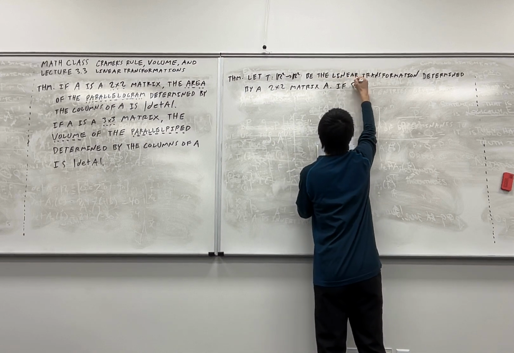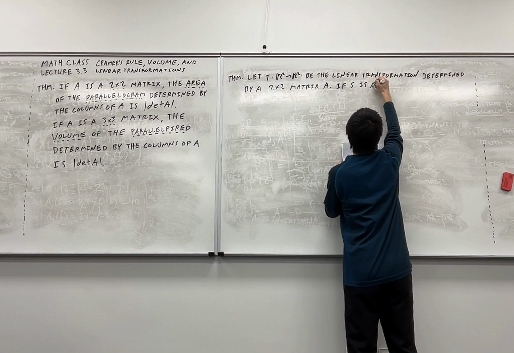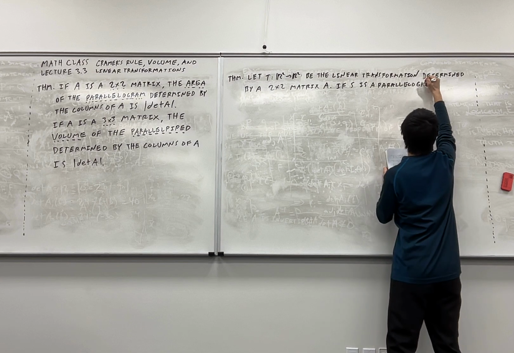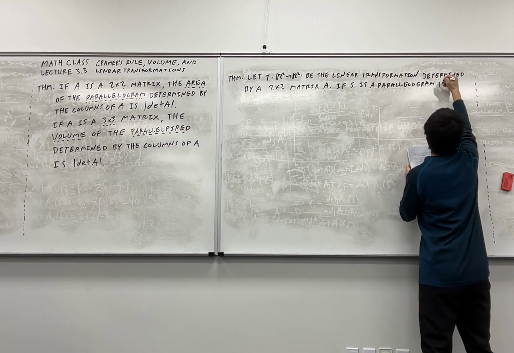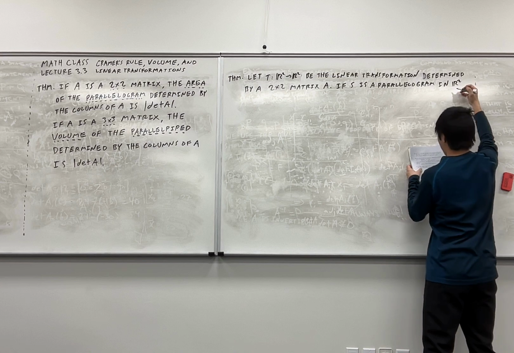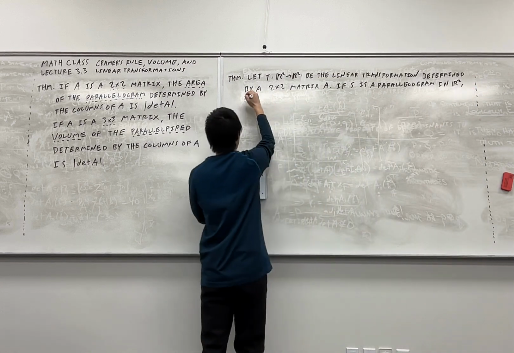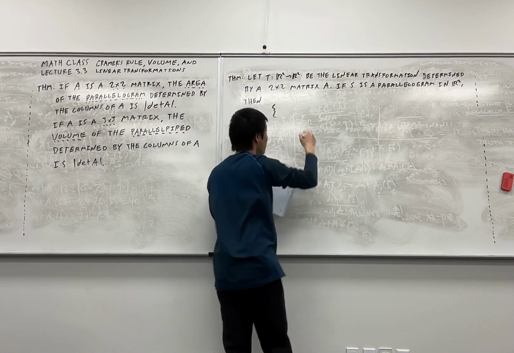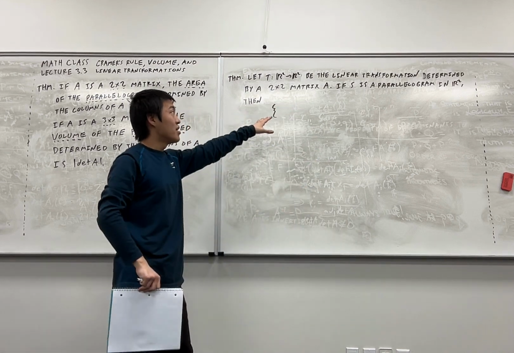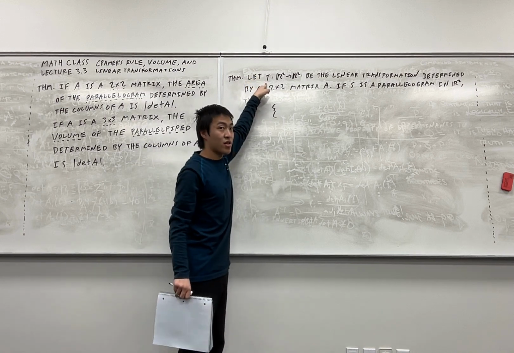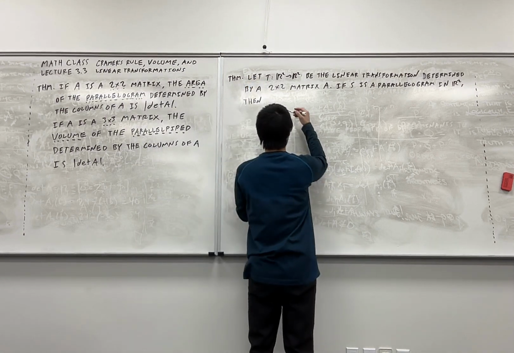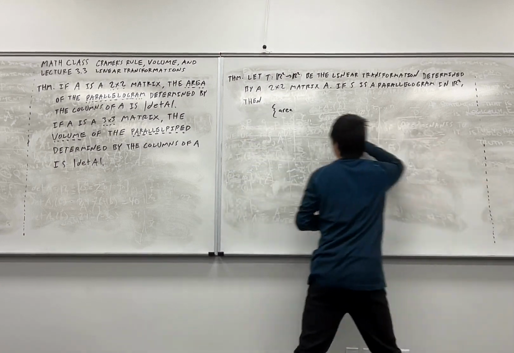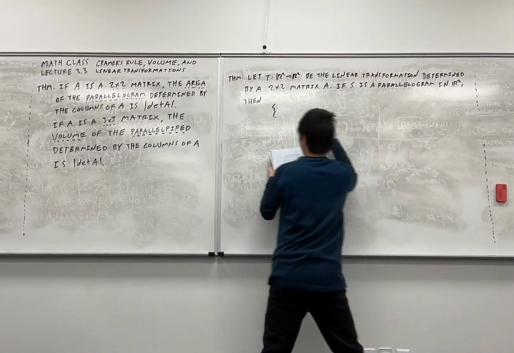Then, if I have S is a parallelogram in the plane, then basically what happens is, suppose I want to take this parallelogram and then transform it using this transformation T. So then the result is going to produce a new shape, an entirely different shape. And the area of this new shape, so the area,